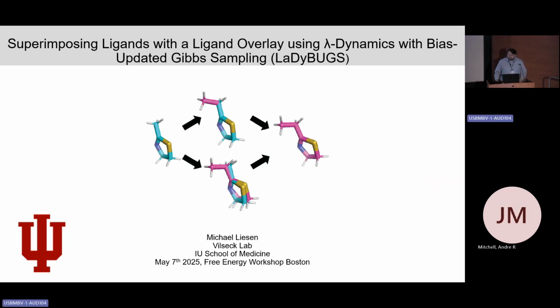Well, thank you all for coming here and giving me the opportunity to share my and my lab's recent efforts in method development in the lambda dynamics space. I'm going to be talking about superimposing ligands with ligand overlay using lambda dynamics with bias updated Gibbs sampling. And we're doing our method development